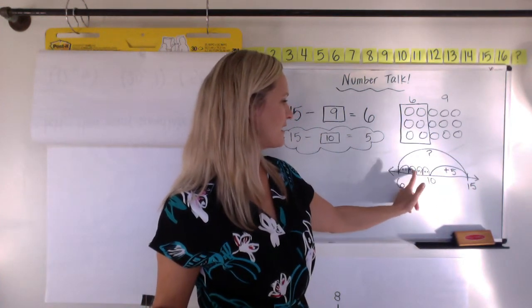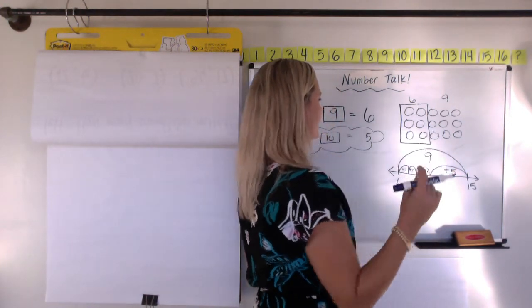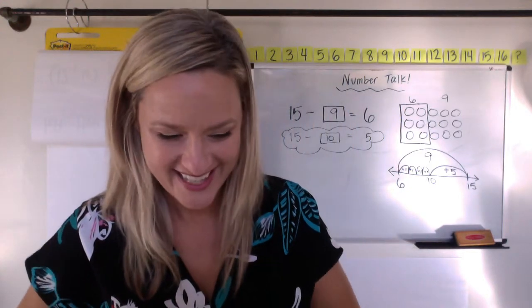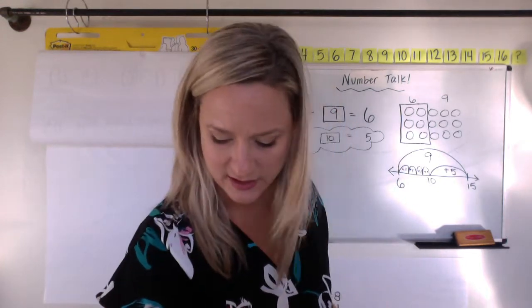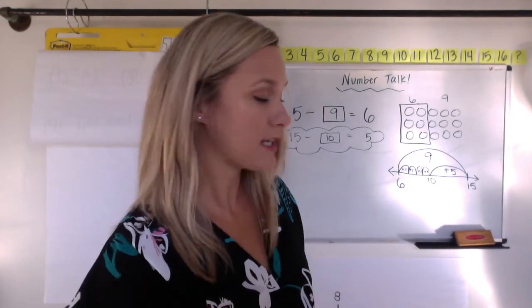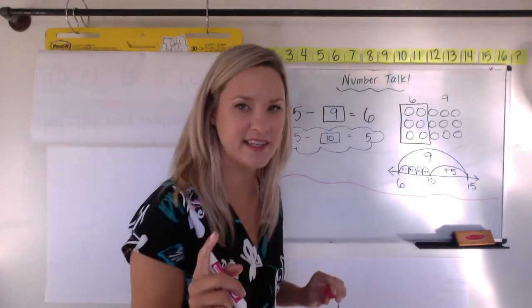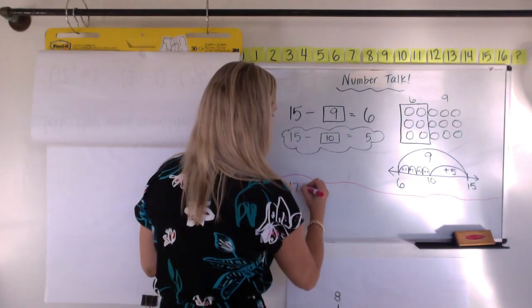5, 6, 7, 8, 9. So we know that that would be 9. Oh my goodness, there are so many different things. How did you do it? Okay, let's try another one. I think, let me just change my color. I think we could keep all that there. Okay, let's try this one. See what you do. 17 minus what